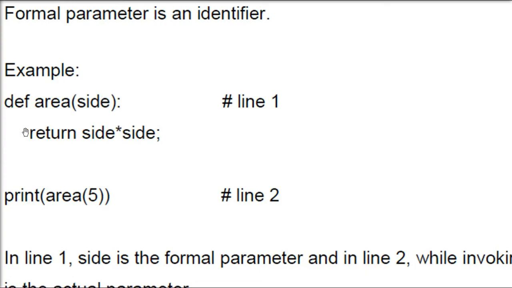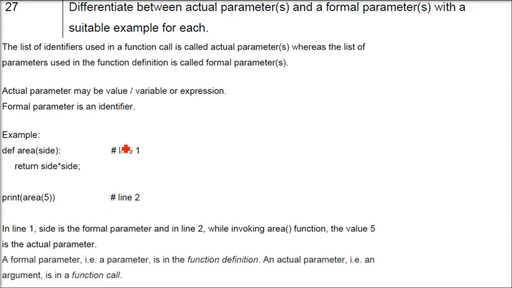When it is being called, you have made something, you have kept somewhere. Now when are you calling actually? Then in this side you are giving some actual value. So when you are passing an actual value, at this time this will be the actual parameter. And the value which you have defined in your function is the formal parameter. If I made area, when I declare or define it, it can have multiple parameters.